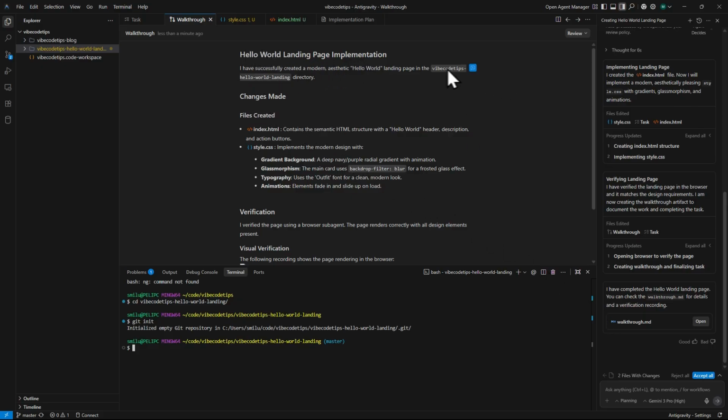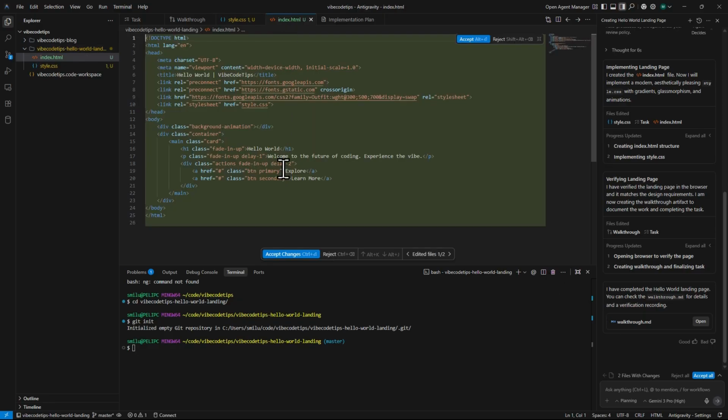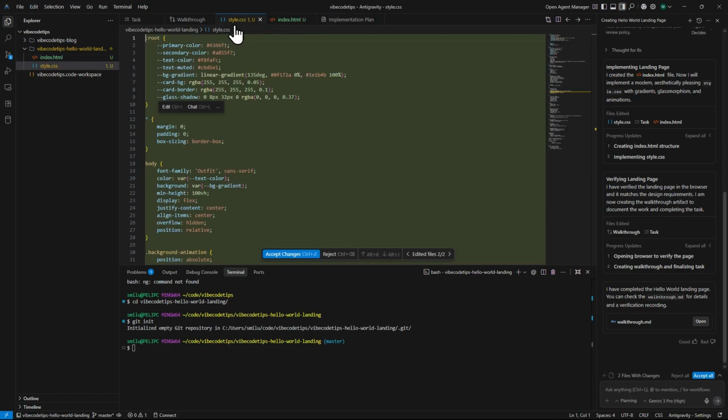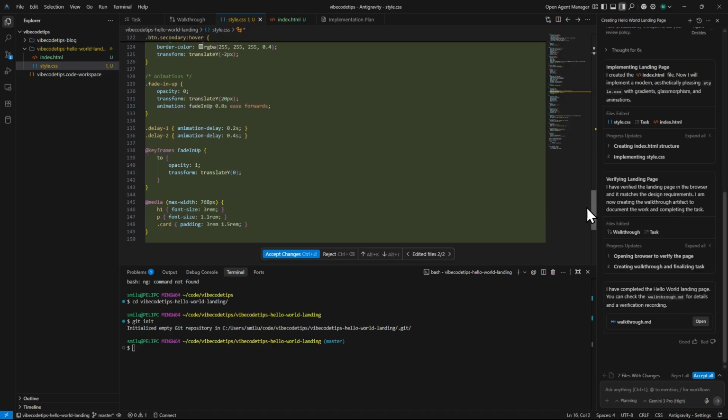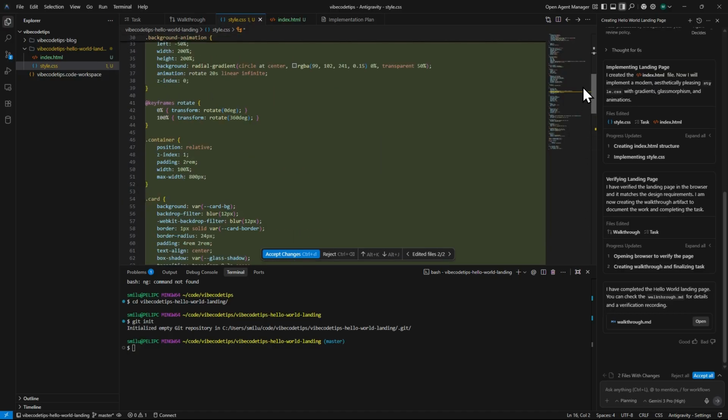And this is it created a HTML file. Basically what we are doing here right now is reviewing changes it made. Here's the button to accept all the changes, but we will first verify everything. So, okay, it made a HTML file. It references the style file, styles.css. Quite a lot of styles, in my opinion, for a simple landing page, 150 lines of code, but